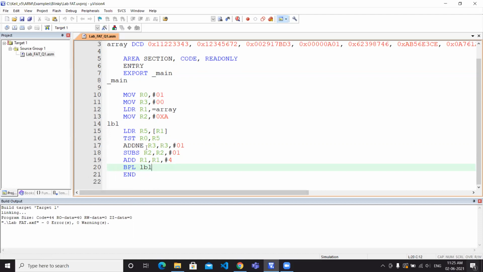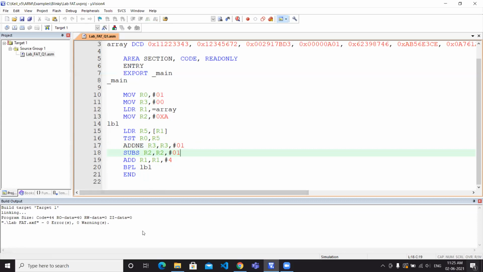If the given number is odd, then the AND operation of R0 and R5 will be 1, so the Z flag will be 0. And now in the ADDNE, since Z is not set, it is not equal, so the value of R3 will be incremented by 1, and it shows that the given number is odd.